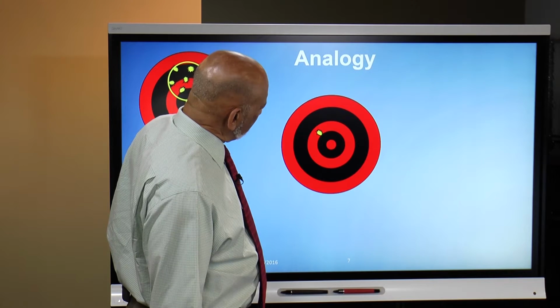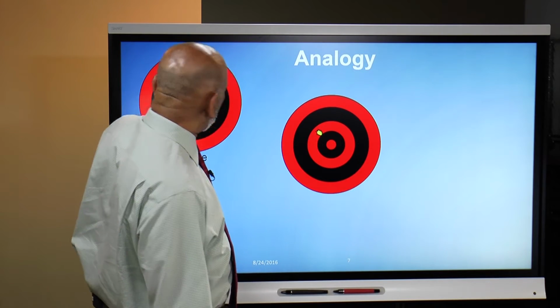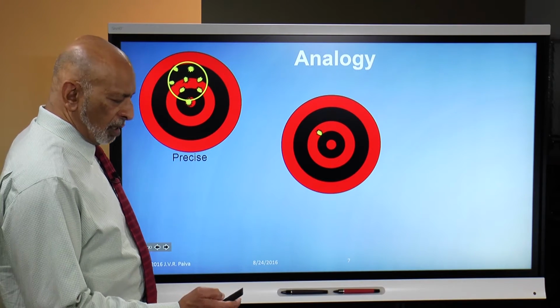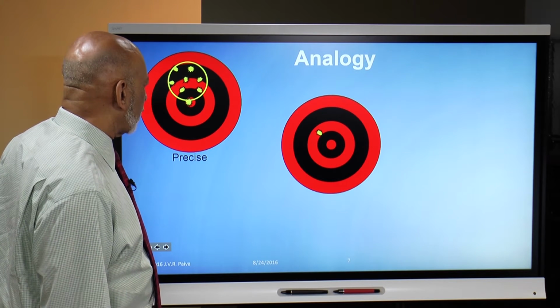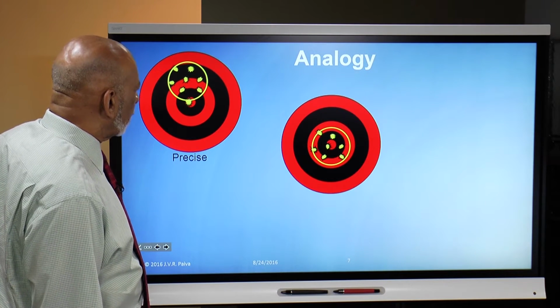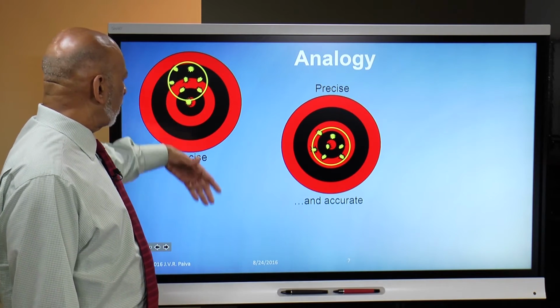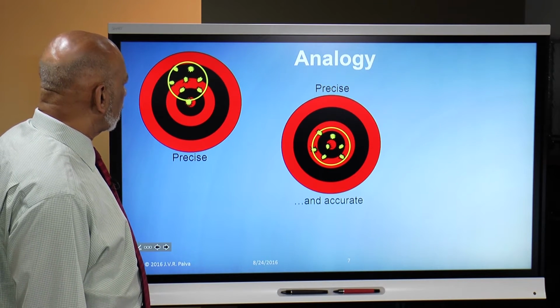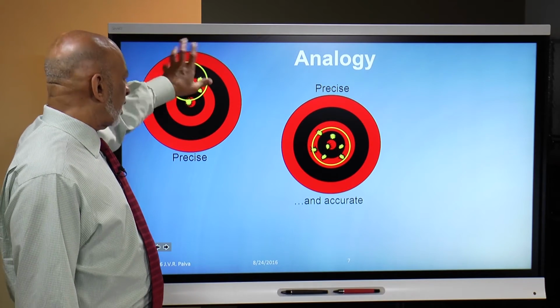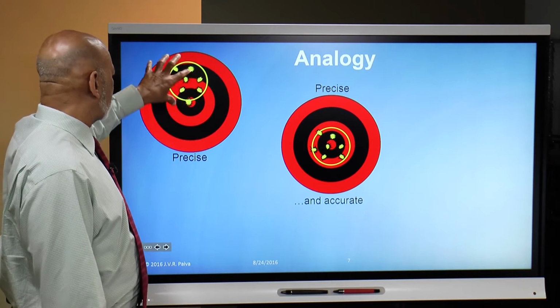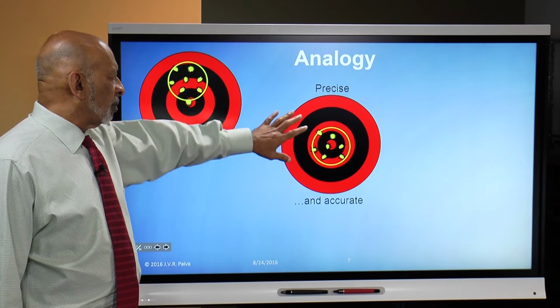And yeah, it's not as good as that first shot we had on this first target. It's not horribly inaccurate, but it's not horribly accurate either. But if you look at all the other shots that were taken, it's actually the same or similar target pattern. So in this case, they're precise because they're clustered about as well as this first set was, but the average